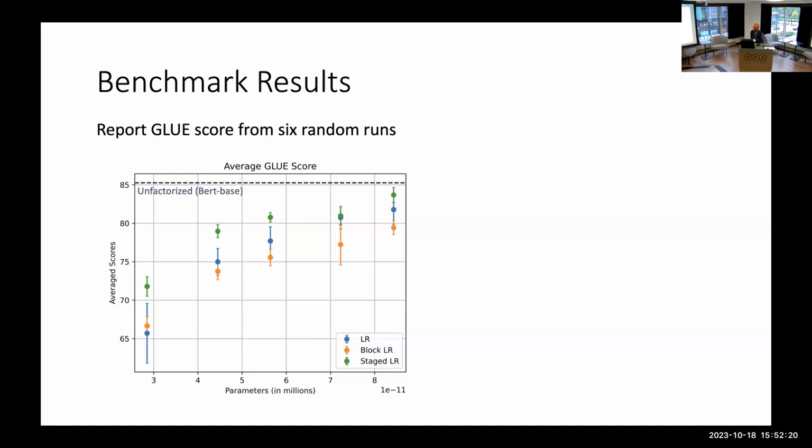And then blocked. So we also did staging with it, as I pointed out, right? It doesn't improve for the blocked LR. So here we are presenting the better results. The form that's more stable also tends to have the better quality; it's kind of related, I guess. If it's not stable, then if it manages to converge, it's not doing as good a job as the cases which are more stable.